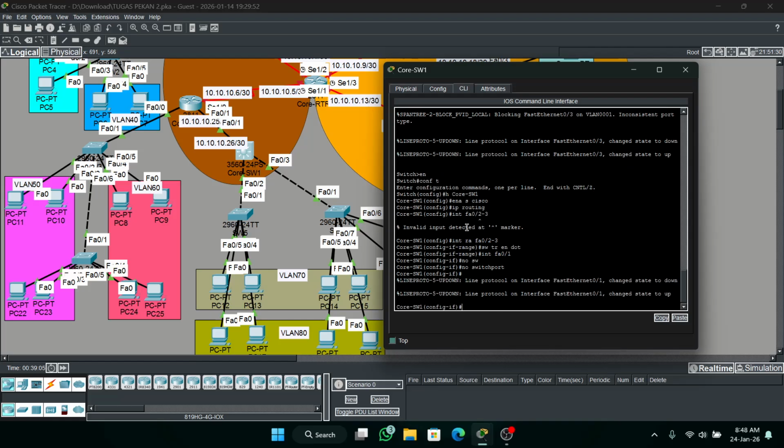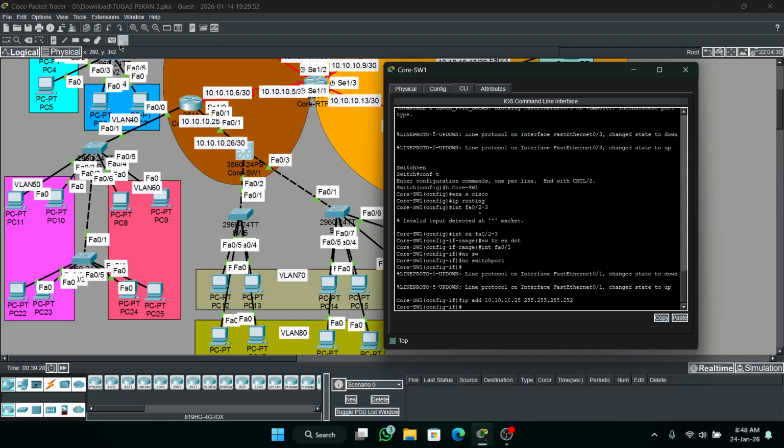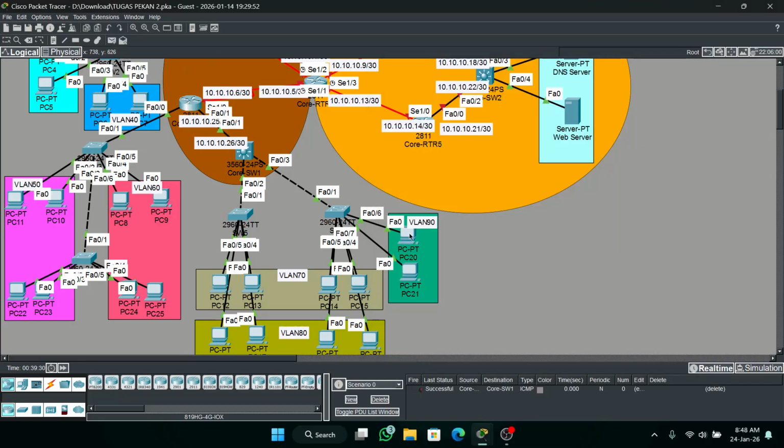Okay, first I will configure the IP address pointing to the router. IP address 10.10.10.25. Okay, check the point-to-point connection. Okay, successful. Good.